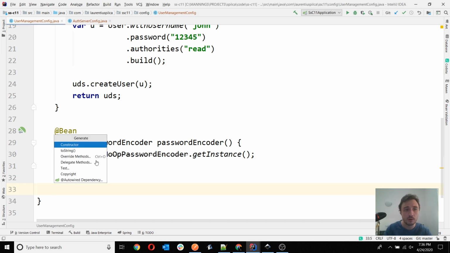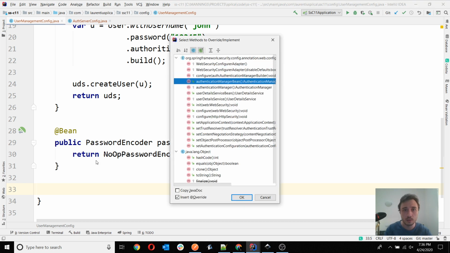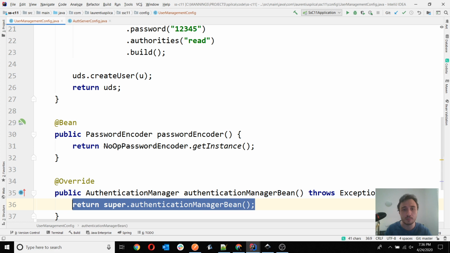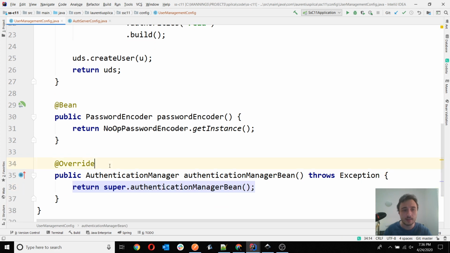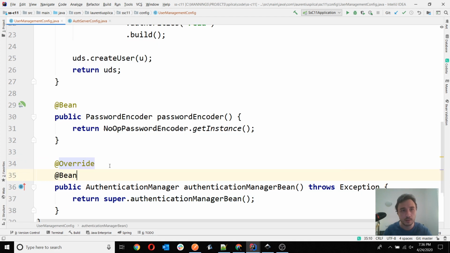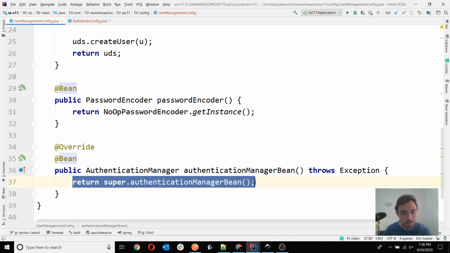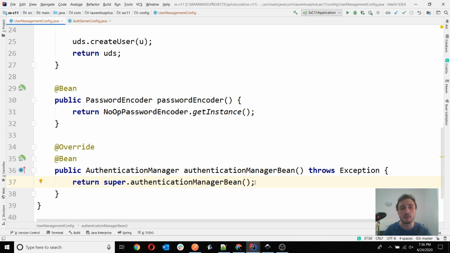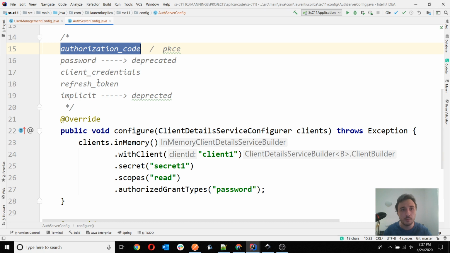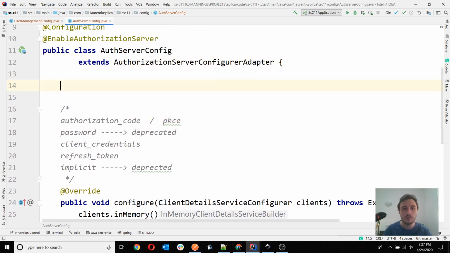So if I override the method that returns the authentication manager bean and add an @Bean above it, I'm sure everybody agrees with me that this instance returned will now become a bean in the Spring context. And being that now I have the authentication manager as a bean in the Spring context, I can just go further and inject it here,